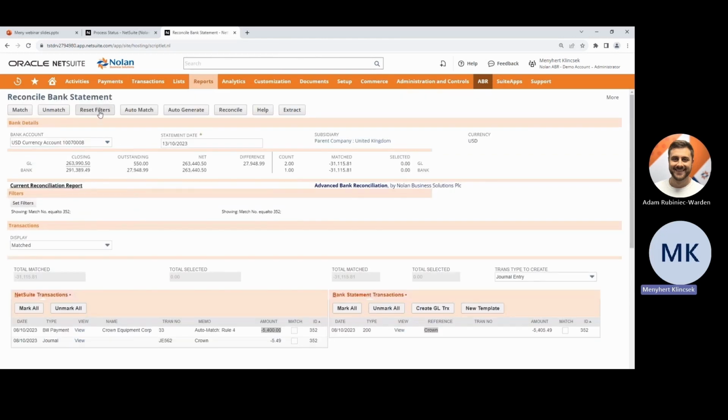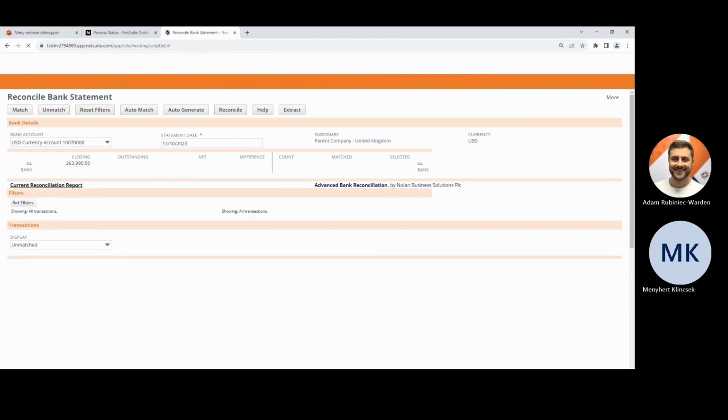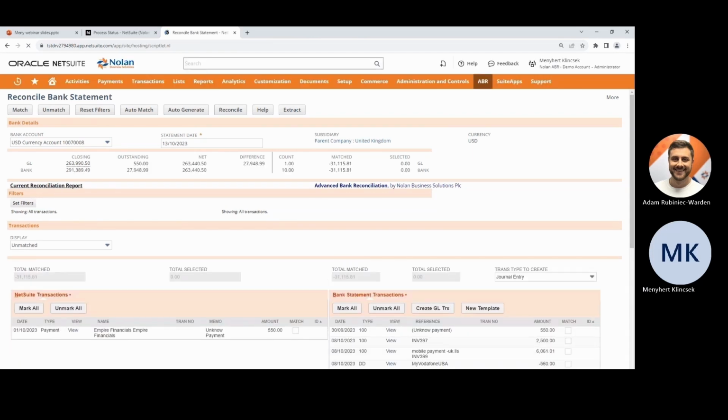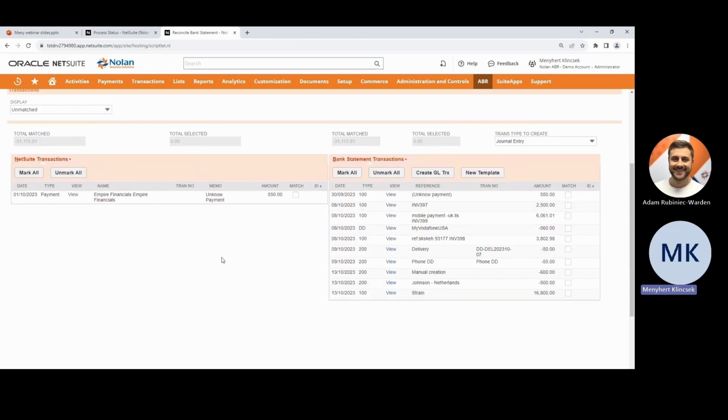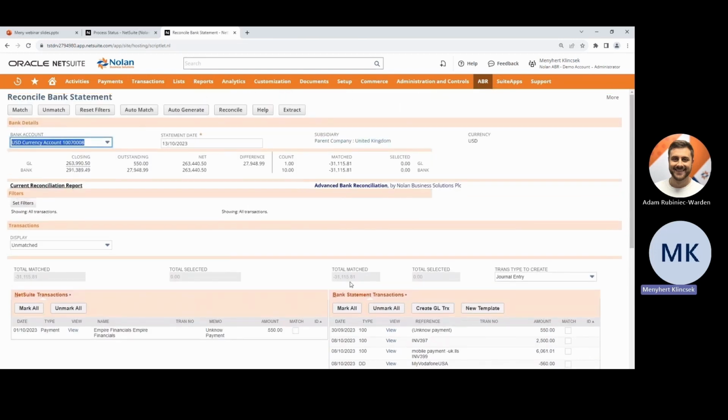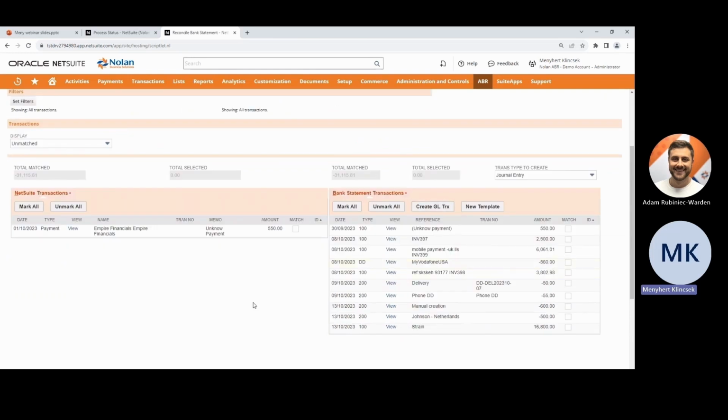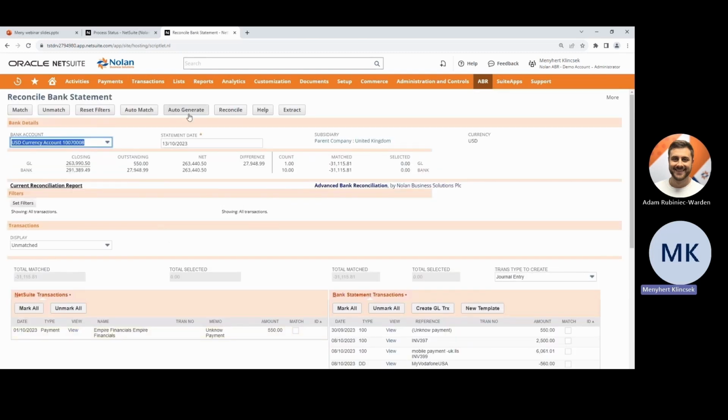So let's reset the filter. We are left with several unmatched transactions, and as you can see, there is only 1 transaction in NetSuite and 10 transactions in your bank statement. The next function I would like to show you is the auto generate functionality with ABR. So if you click auto generate,